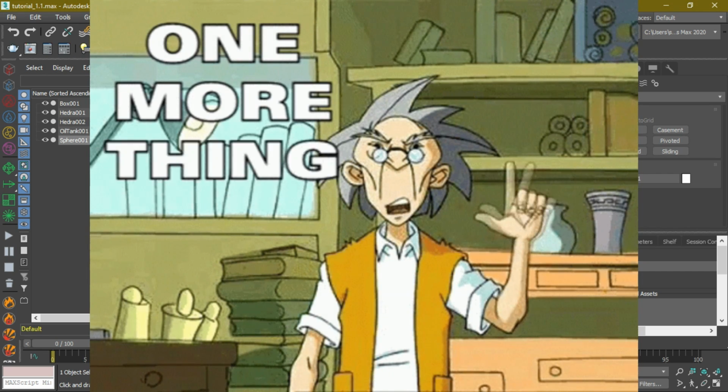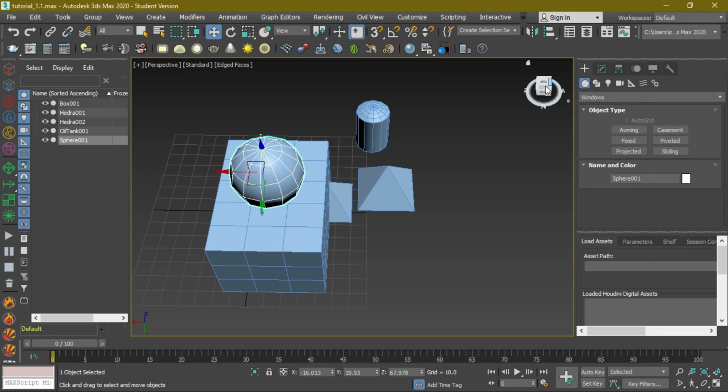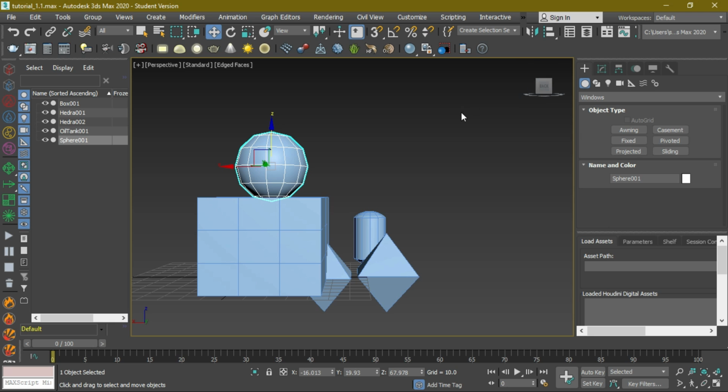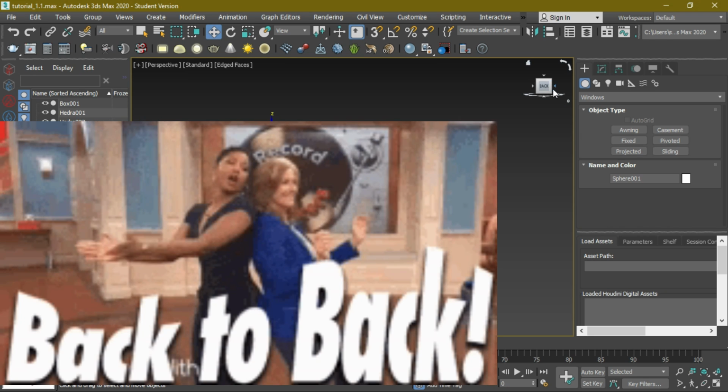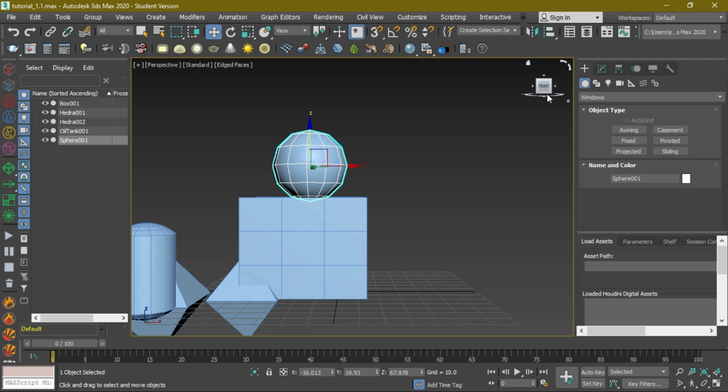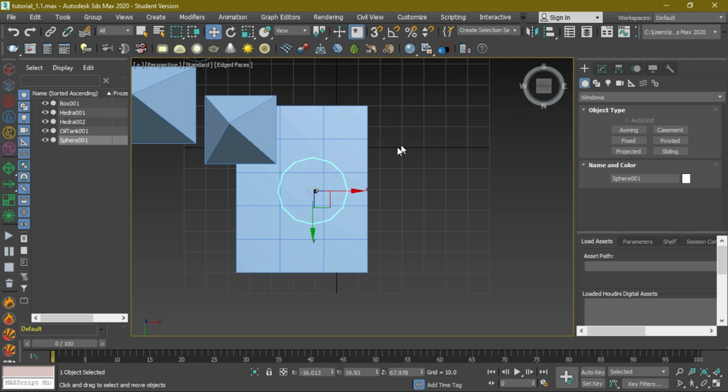And one more thing, you can control the viewport from here as well. You can see here is the top. Click on the top, you are on the top view. The small arrows you can see, just click over here, you are back to the back view. And then click again, left view, and again front view. And on the bottom you can see the small arrow. Yeah, you can see this bottom view.